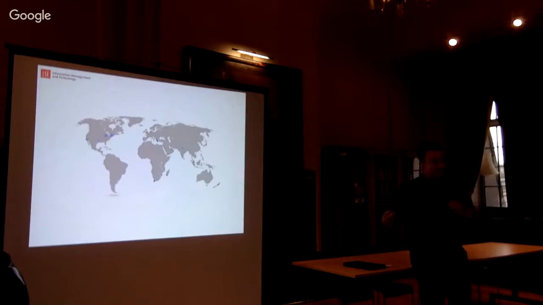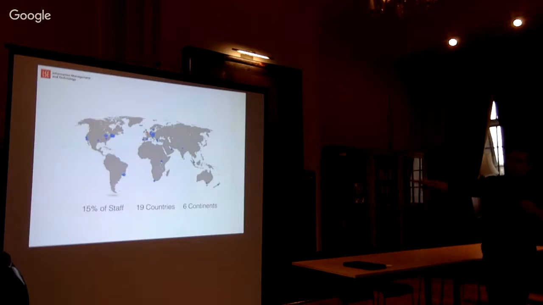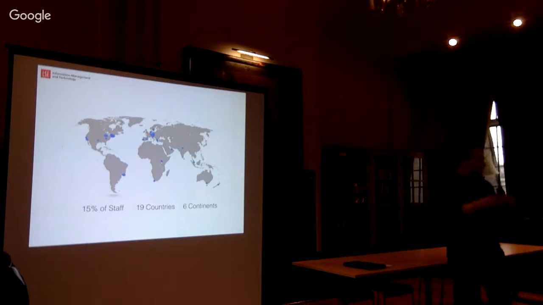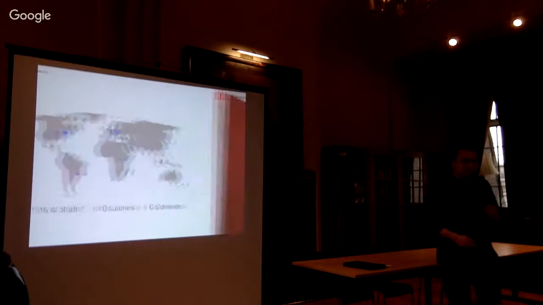And when you take another step back, don't think of the university as a global IT infrastructure, but actually, as of last week, 50% of staff machines, not staff as in people, 50% of staff clients were spread over 19 countries and 6 continents. So again, thinking about your infrastructure, this is something that will influence the decisions you take. Or at least it does for me, when I know that I have to deliver packages anywhere, suddenly the cloud things begin to look interesting.